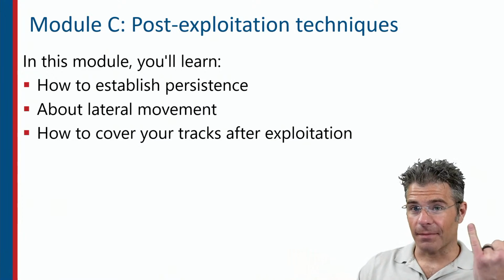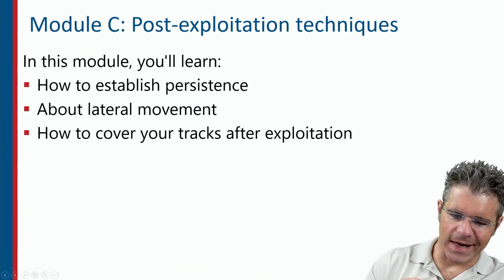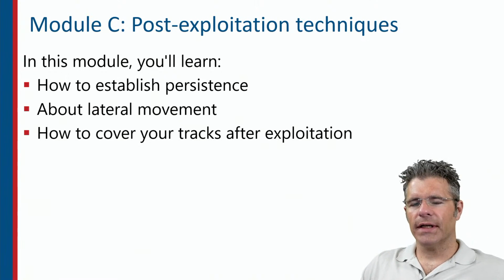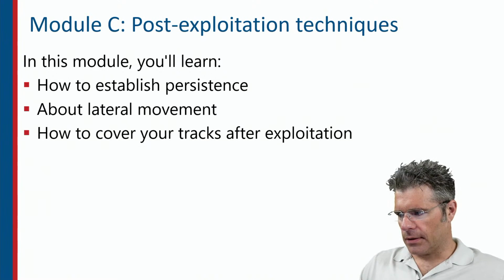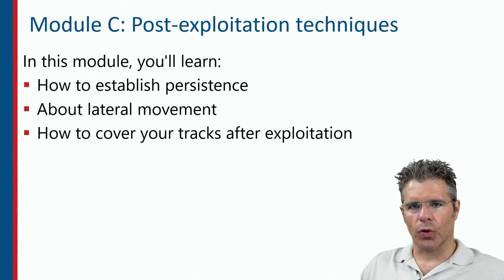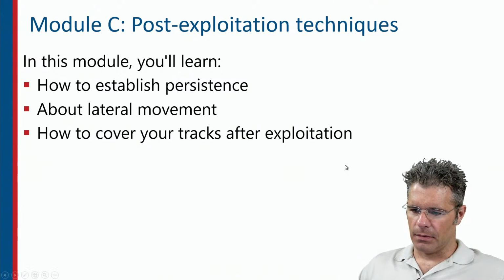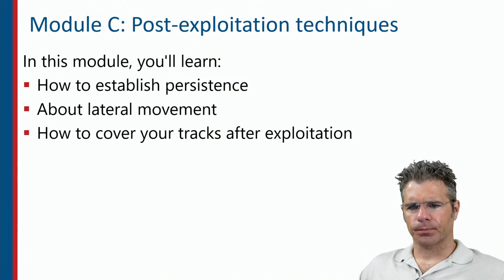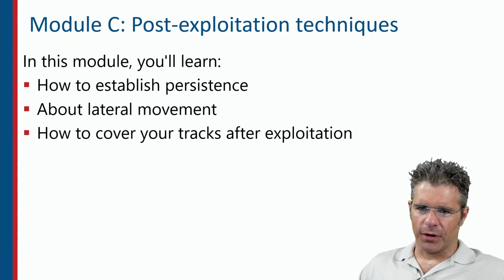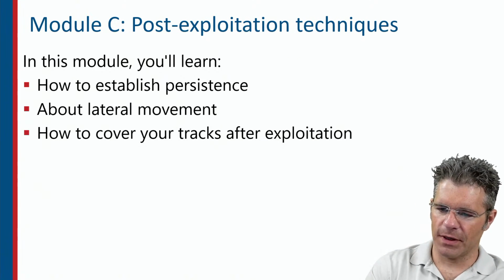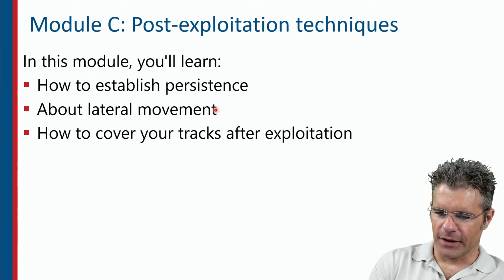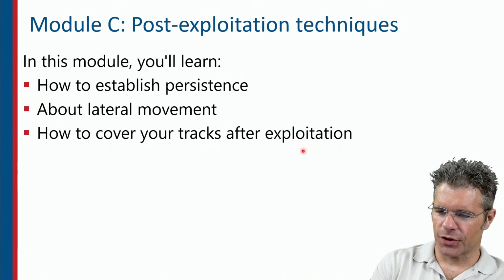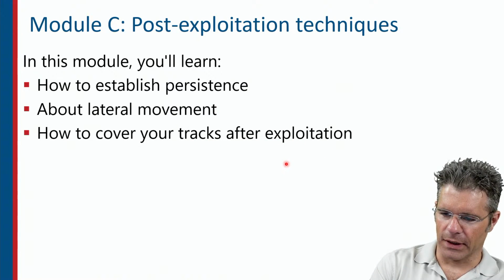So establishing persistence, like making sure that we can connect to and stay connected to a system, and move laterally inside of a network. If your target is your typical corporate network, there will be more systems in there for us to work with and take over. So establishing persistence gets you in the system and keeps you there. Lateral movement lets you move around after the fact. And then ideally, you should be covering your tracks afterwards to make sure that nobody knows what you were up to on that network.